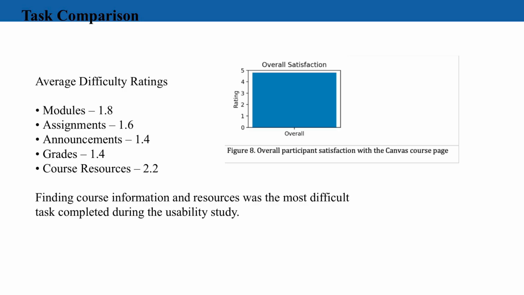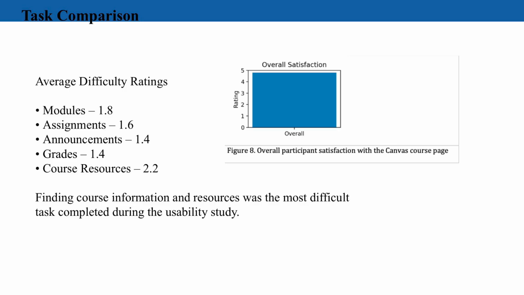Viewing assignments was slightly more difficult with an average rating of 1.6. While everyone completed the task successfully, most participants first checked the calendar before finding the assignments page, which suggested there are multiple ways to complete the same task. Accessing course modules received an average difficulty rating of 1.8. Most participants found the correct module immediately, but one participant spent a little extra time looking through the navigation menu